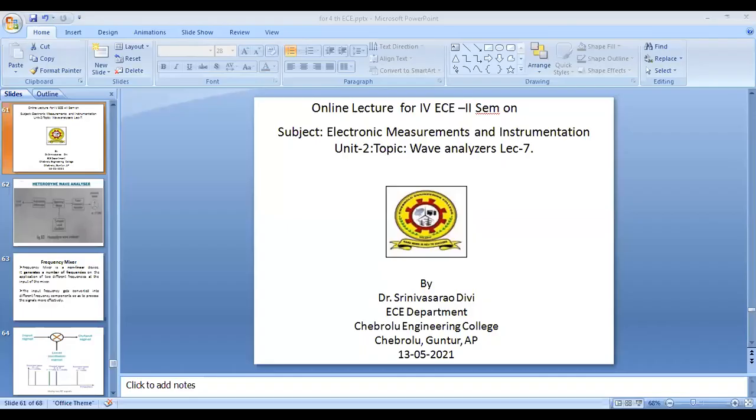Frequency selective wave analyzers are used in the audio frequency range, that is from 20 hertz to 20 kilohertz. In that range, we can analyze the signals.